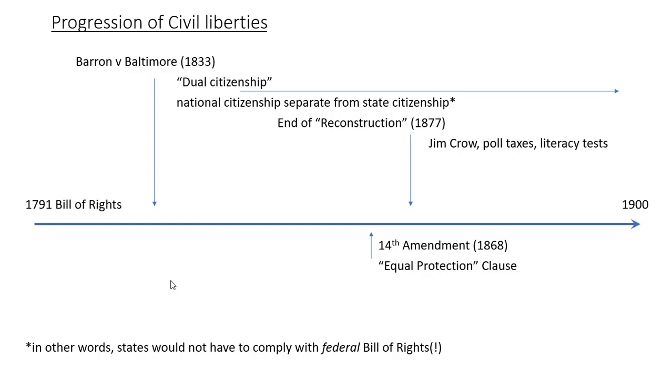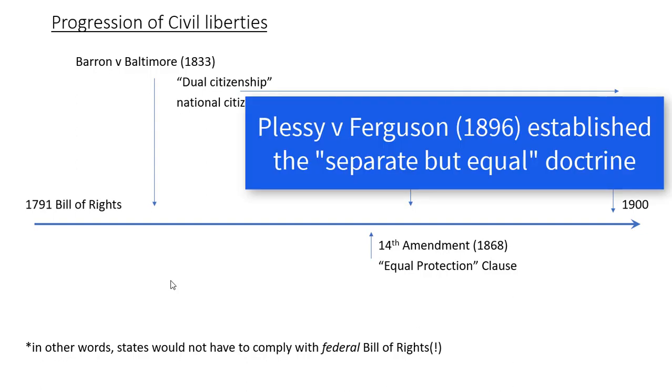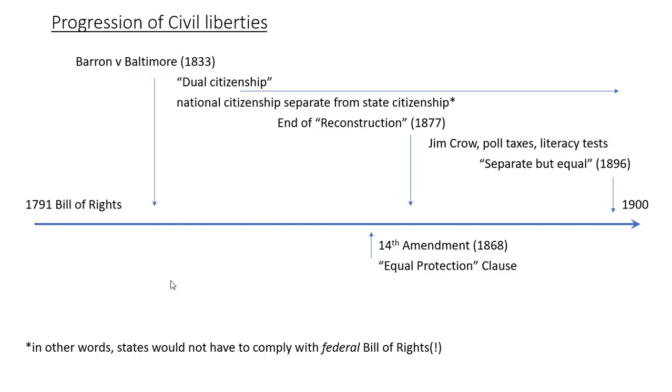We also saw in 1896 a very famous Supreme Court decision which pretty much legalized segregation. And this was called the Separate but Equal Clause, where the Supreme Court ruled in 1896 that as long as facilities were equal, they could be separated or segregated between the races. Now, of course, they certainly were not equal. And this really gave the South even more incentive to discriminate against blacks as we move into the 20th century.